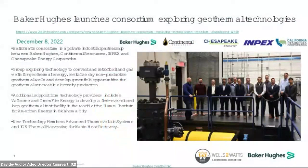So the initiative is called Well to Watts, and I guess the name is pretty much clear. We do have a testing facility in Oklahoma City, a proprietary facility from Baker Hughes. We have a test well. We drill this small well, and we can actually simulate different downhole conditions in terms of pressure and temperature, and we can test in the well